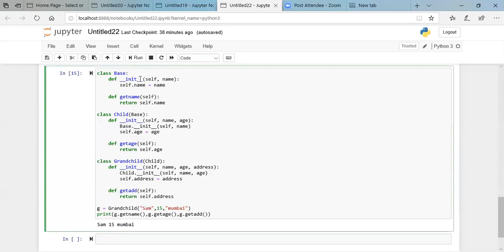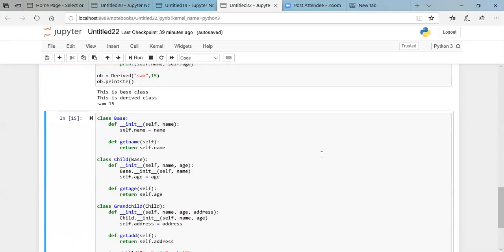Whatever features are available in the base class, if you want to reuse them, you can make use of the name of the class, or you can use the super keyword and call the constructor of its parent class. So basically inheritance is used for code reusability. Whatever code is available should be reused instead of writing it separately for different classes.